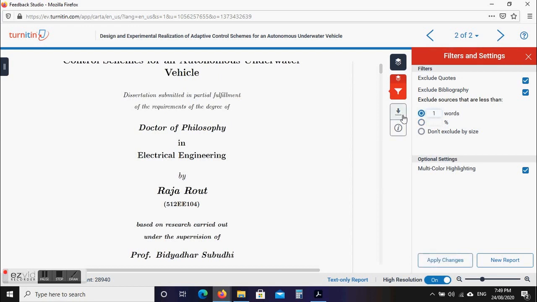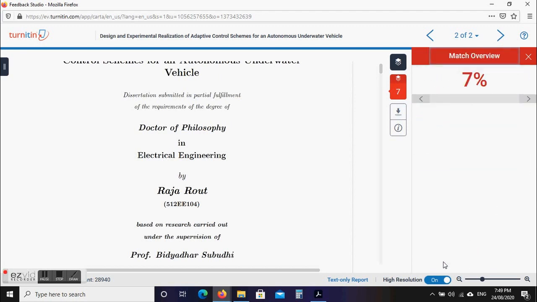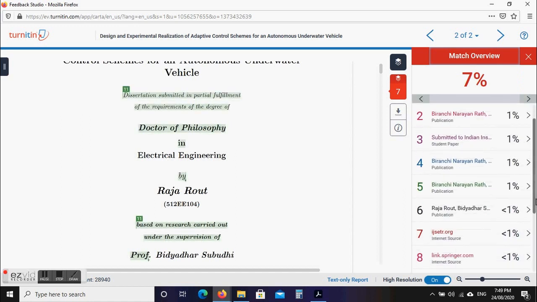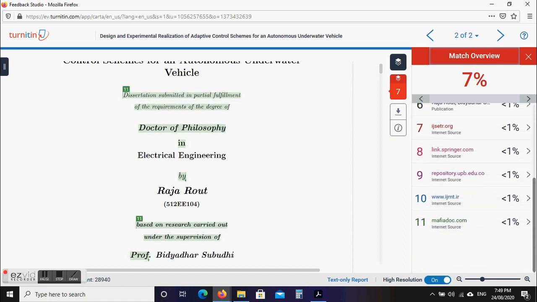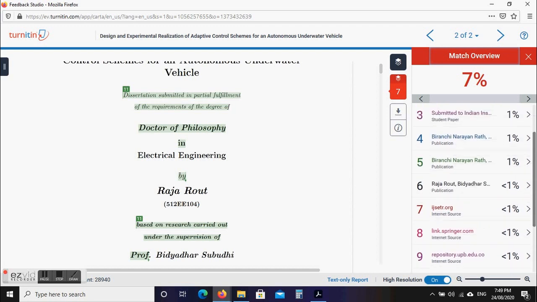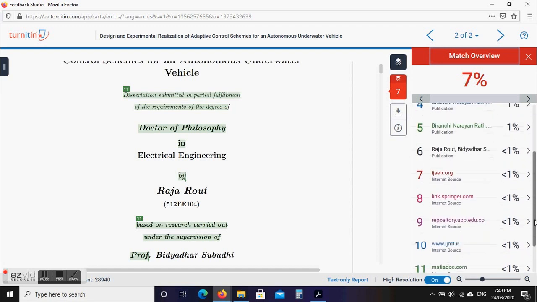And suppose this was in Words, and here if I put 100 words, let's see, there will be some resources less than 1%. See, some resources are still less than 1%, but what it has done is removed all the resources which were less than 1% and had only 100 words matching with your original article.